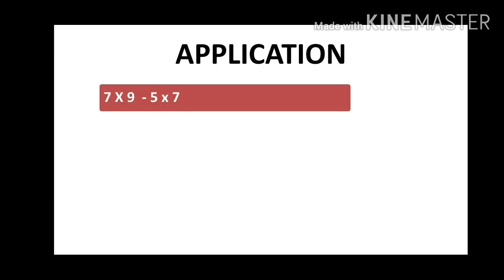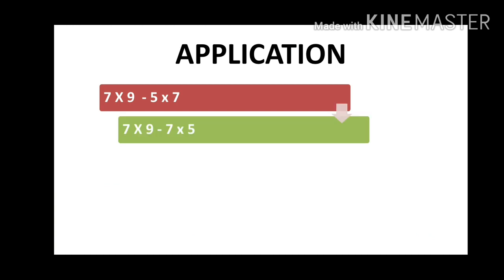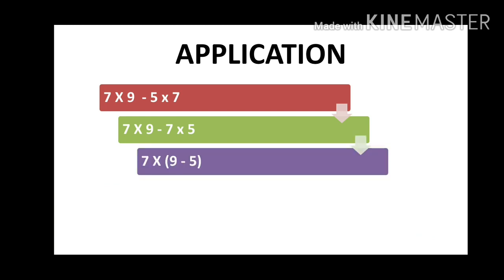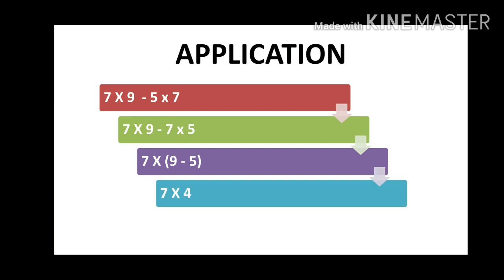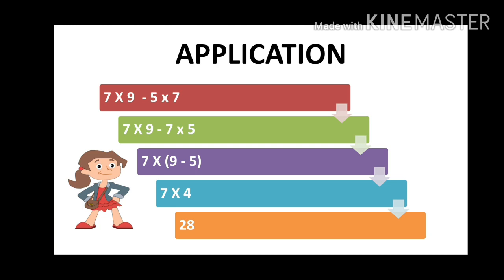Let's say another one. Now it's written 7 into 9 minus 5 into 7. So first what we'll do, 5 into 7 can be written as 7 into 5. So here we are using the commutative property. You can see here 7 takes 9 and 7 takes 5 also. So 7 takes 9 minus 5, and that becomes 7 times 4, 28. That's Ginny's rule. She wants everything inside the bag, whatever she likes. So 7 is multiplied with both 9 and 5 and they are subtracted. So 9 minus 5 is kept inside the brackets as they are forming a group now.